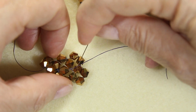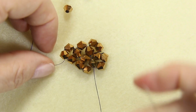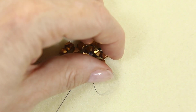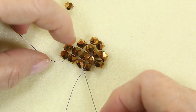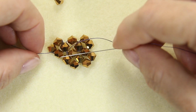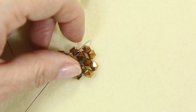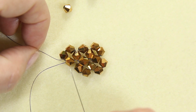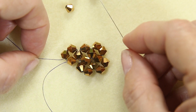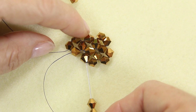So again, I come up through the side, across the top, down through here, and actually through here. So now you can see that this is the bottom, this is the side, so I need to add another side and a top, so it's another 2 beads, and through here,